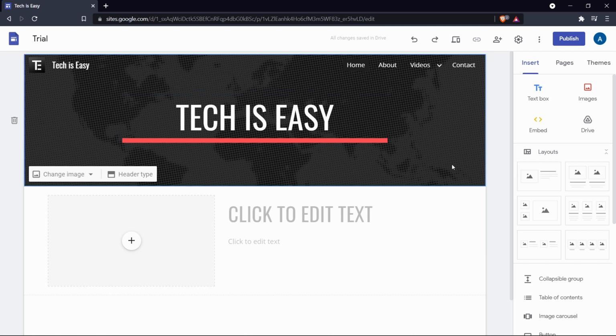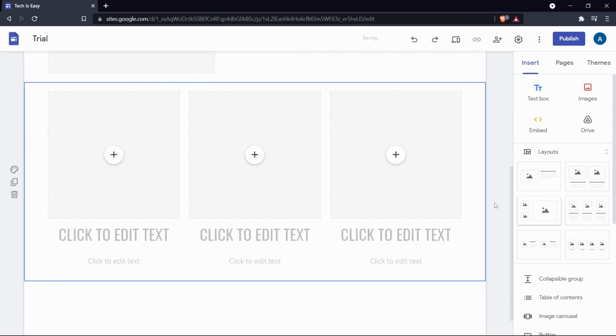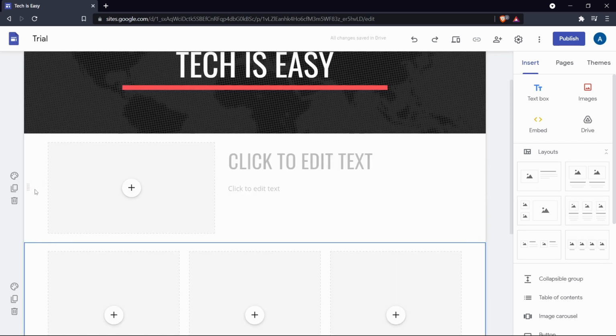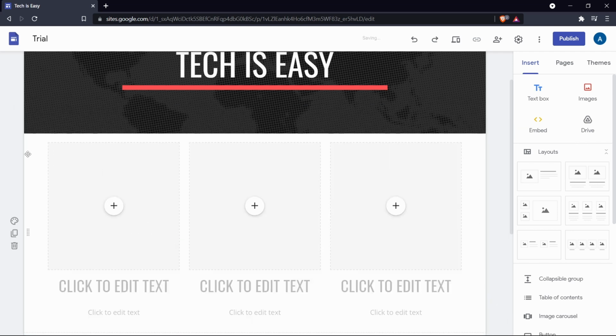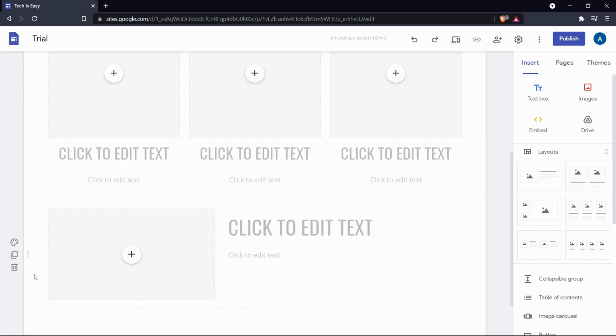So now the next thing, let's say you want to add photos and some text. You can see that they have some layouts over here. So I'll select this one for now. And like I mentioned earlier, this works on drag and drop. So if I want to move this above, I can just drag it and place it on top. And on the left, you'll have all of the settings like changing the colors, then duplicating it and deleting it. So this one is what I'd added earlier, so I'll just delete it.